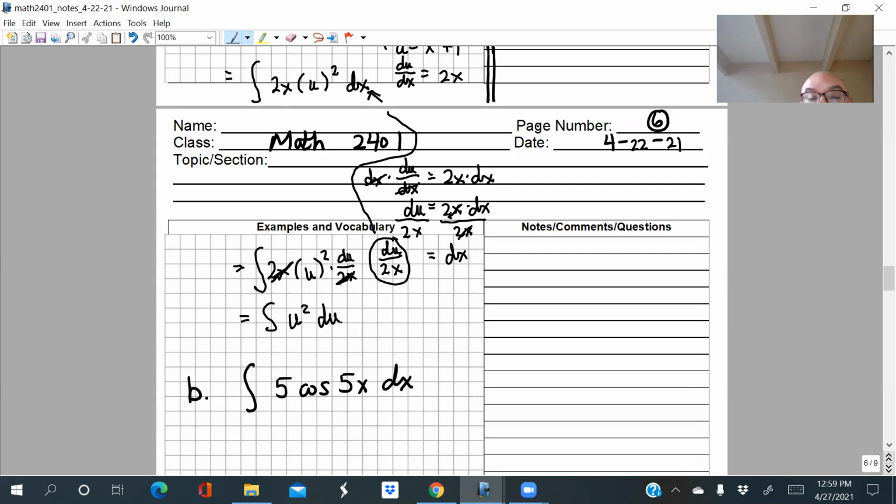That's just a real simple integral, but it involves the variable u, not the variable x. But now you can integrate this, right? Because you're just integrating u squared. That's an easy integral because you can just use the anti-power rule here. What is the antiderivative of u squared? What does the anti-power rule say the antiderivative will be here? What do you do when you have just your variable raised to a power? What do you do with the power?